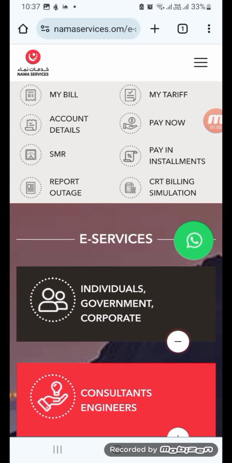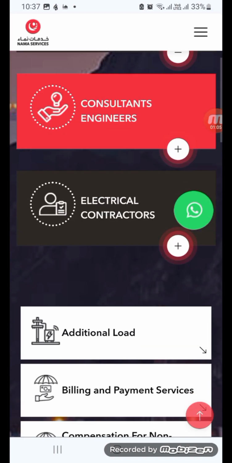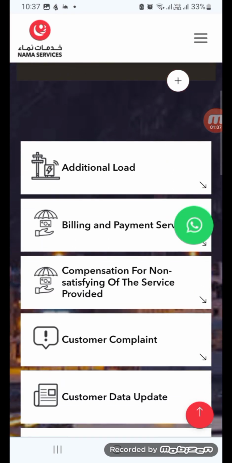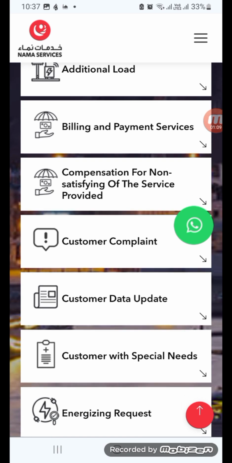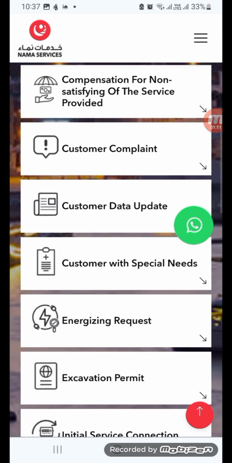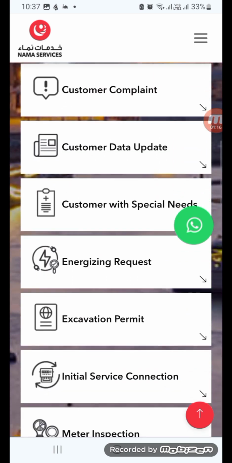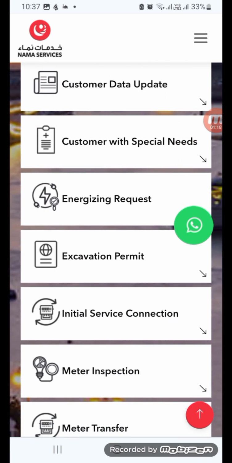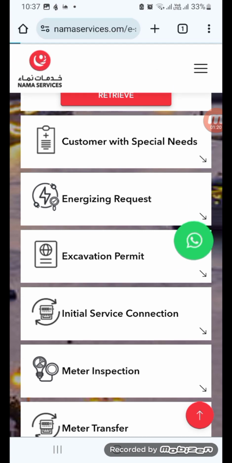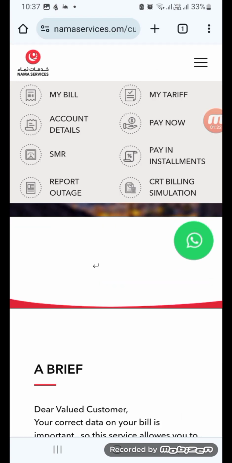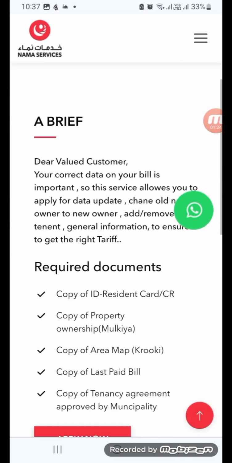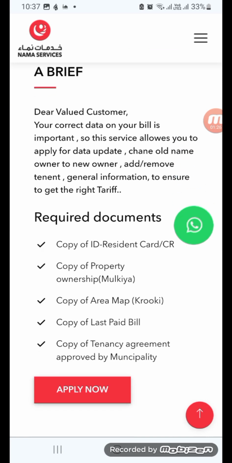So just scroll down and select customer data update. You have to select customer data update. Here a lot of other options are available, but we have to select what we need. After selecting customer data update, here it is written what documents are required: ID card, copy of property, copy of area map,